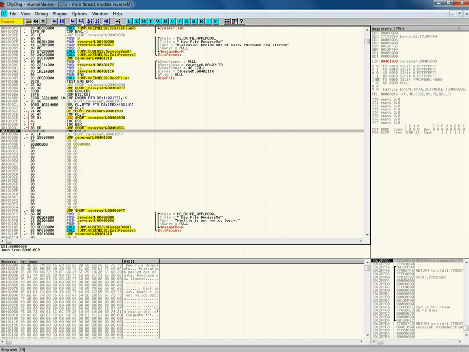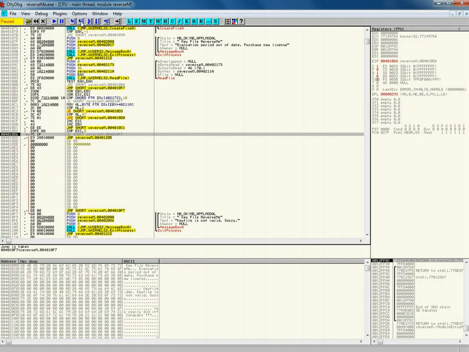Now again continue our execution to the next instruction, that is JL, jump if less than. If you see the preceding instruction, compare ESI, 8, it shows that if ESI is less than 8, then you have to jump at this instruction. It means here ESI is less than 8, but let